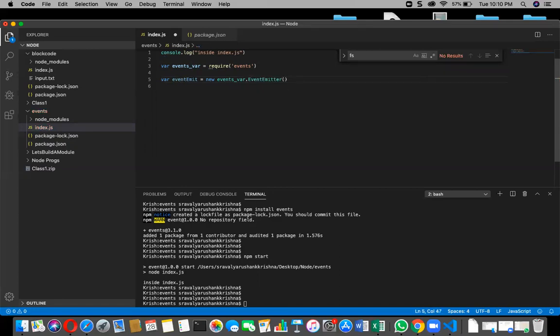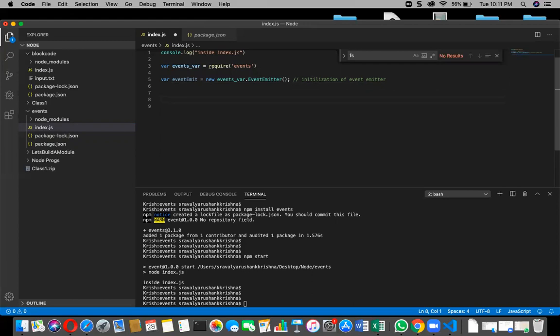This is an initialization of event emitter. So now I want to